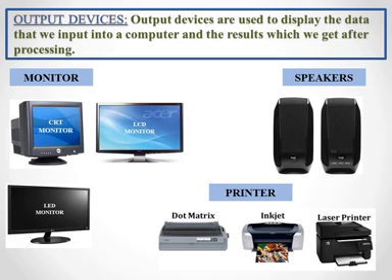Monitor, basically it is similar to a television, where what we get on the monitor is called a soft copy. There are two types, which are CRT monitors, and LCD and LED monitors. CRT monitor is a big screen, very heavy and huge. The screen will be very huge and it also produces sharp images.